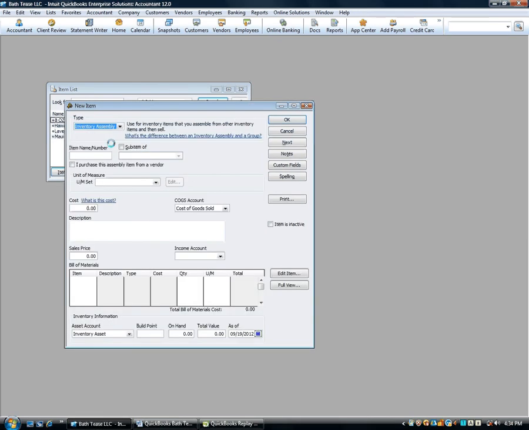Can you tell I'm getting excited? And this is Maui Bath Magic, but that's not really what I call it. Actually, right now, I'm just calling it foaming. Give me a name. I purchased this assembly from a vendor. No, I don't. Unit of measure. Weight by the ounce. Well, actually, it's not because it's going to be each. Okay, so here we describe it. 8